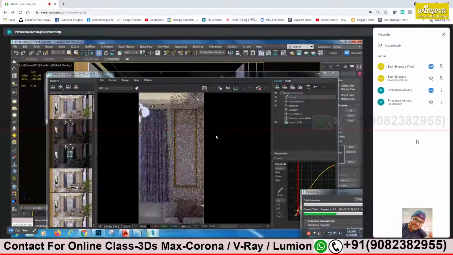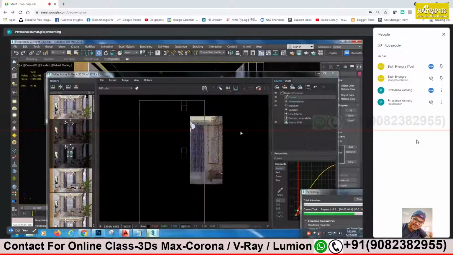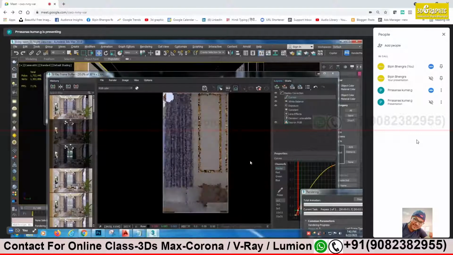Once this is done, Prasanna, you just try to do a complete render with the passes. The same passes, no changes. Same thing as we did for the daytime lighting. I just want to see the contact shadow and the light intensity. Just cross check the light intensity, no? It should not be too bright, especially around the floor of the light where it's directly striking the floor. Fine. Just do a patch render, not now, afterward.